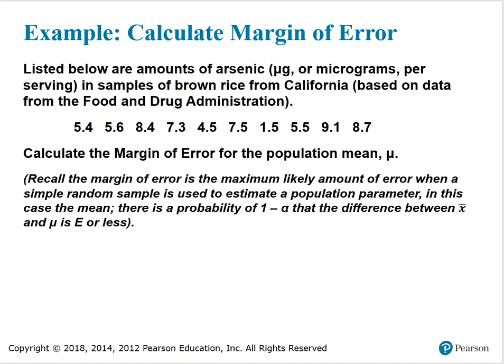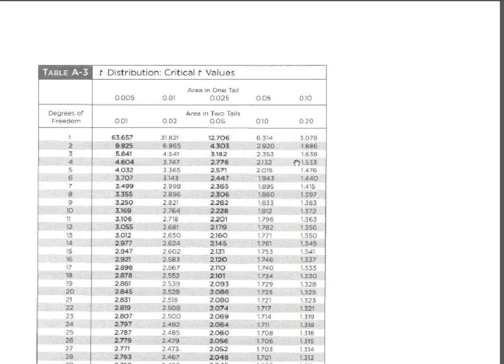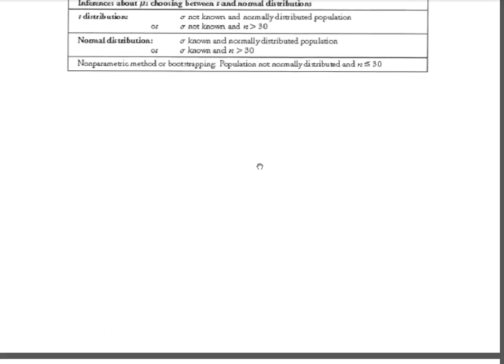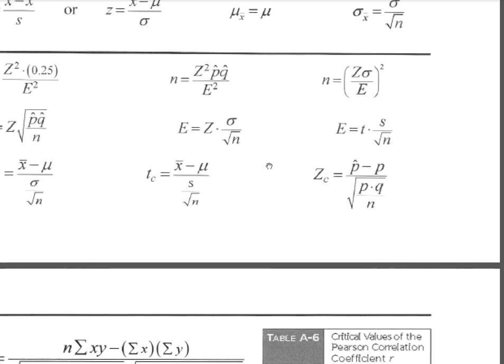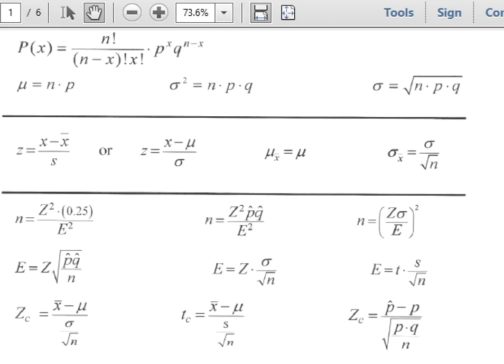Calculating the margin of error, we need our formula. And this is the margin of error for population mean mu. If I look at my formula and charts packet, that's going to be on page 1, and it's the margin of error, so it's E equals, but notice there are three formulas for E equals. This has p hat in it, so that's proportion. This has a z and a sigma. I don't know sigma. This has t and s. Let's see which one of these I need to use.